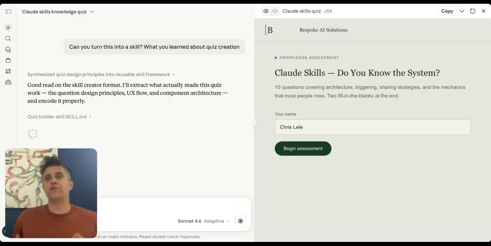Again, if you don't actually do much in terms of back and forth, it's just out of the box, which can sometimes happen, that's great. You don't need to create a skill. It's when you really have to labor, put in your intellectual effort to get something that you know is of a high standard, that's when you want to try it. That's when you turn it into a skill because it's easily replicable. You can go back a week from now and just call up that specific skill by putting in a forward